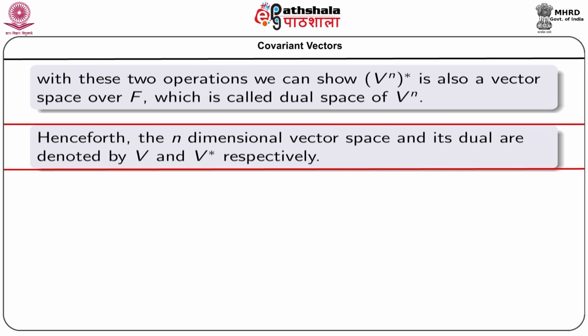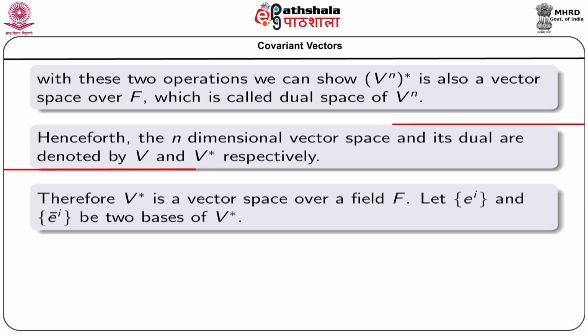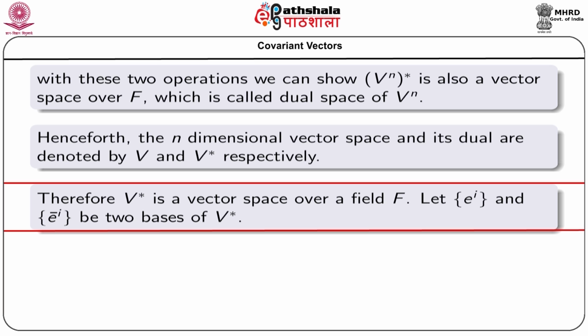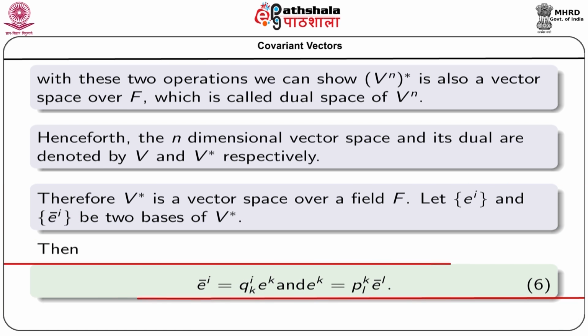Henceforth, the n dimensional vector space and its dual are denoted by V and V star respectively. So, we will not give the dimension n henceforth. Therefore, V star is a vector space over a field F, and let E^i and Ē^i be two bases of this V star. Then